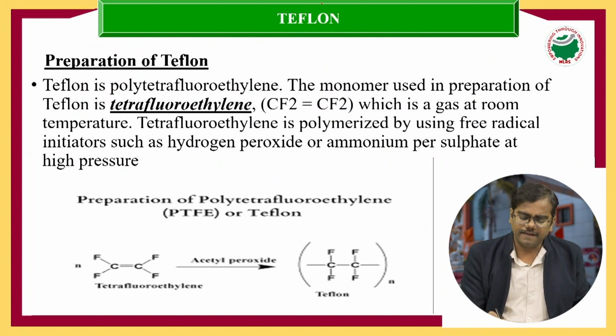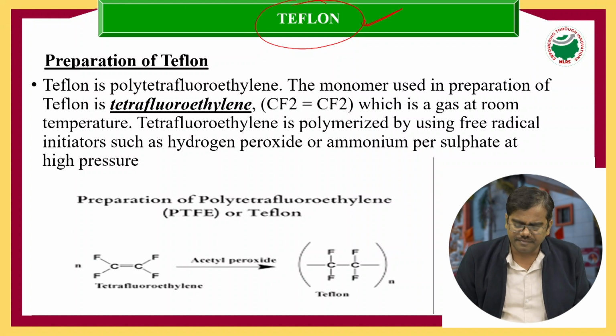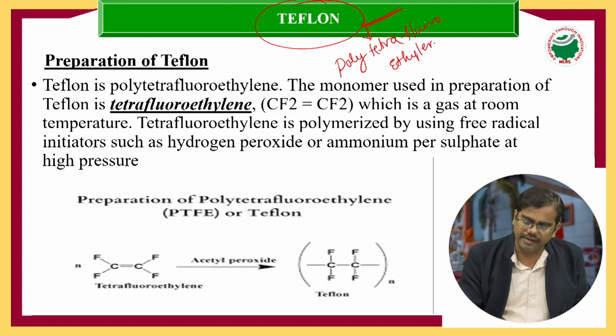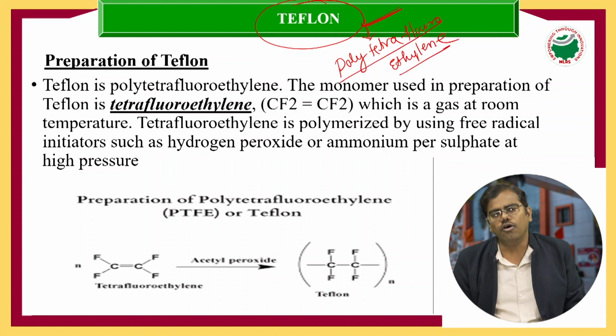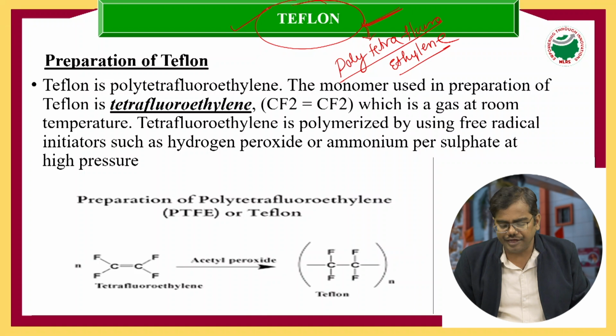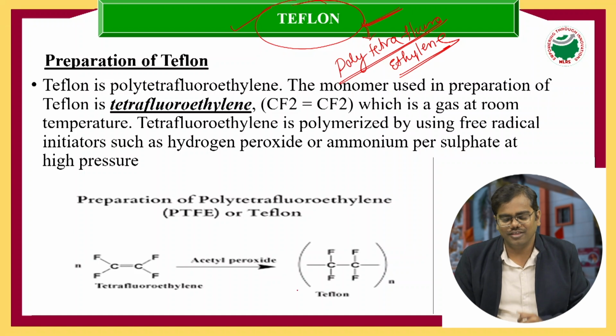So the second polymer is Teflon, and we will see the preparation, properties and applications of Teflon. Another name for Teflon is polytetrafluoroethylene. Polytetrafluoroethylene is called Teflon. So that you can understand easily,